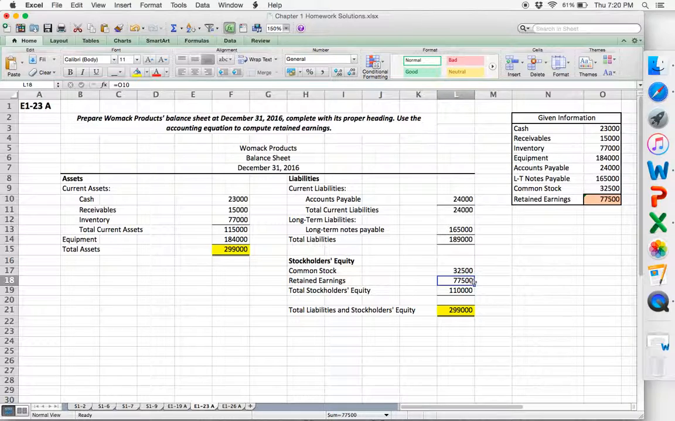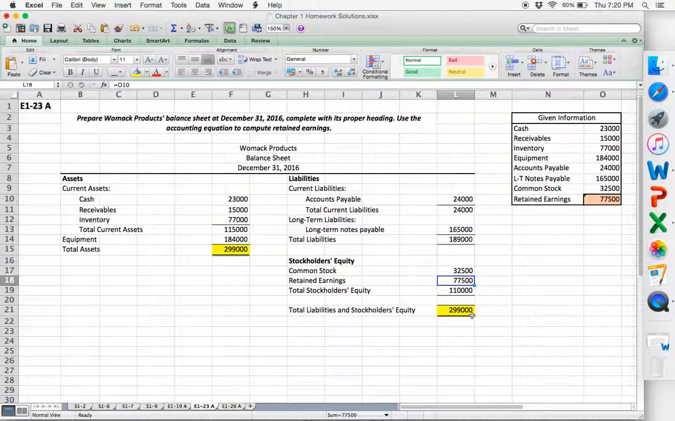So that is how we found our retained earnings. So again, just doing a little bit of math using our accounting equation. And then you're going to add your retained earnings to your common stock to get your total stockholders' equity. And to finally figure out if you balance or not, you add your total liabilities to your total stockholders' equity